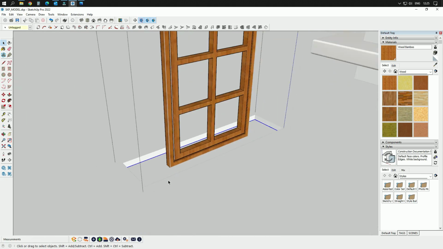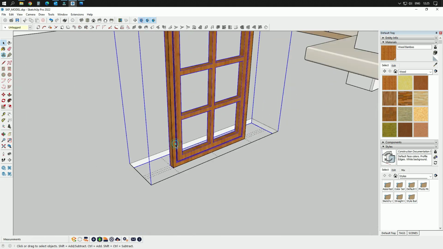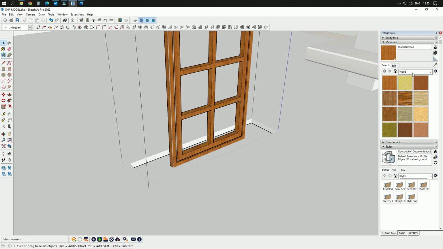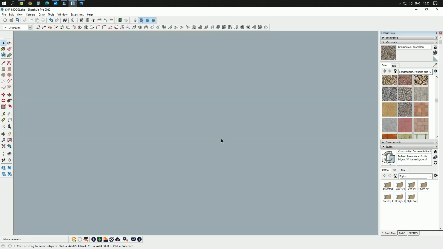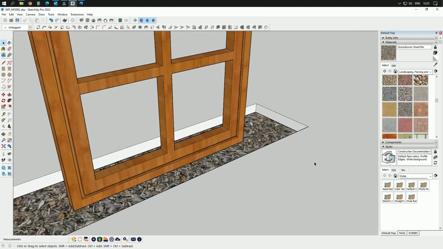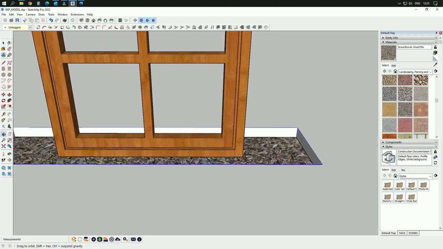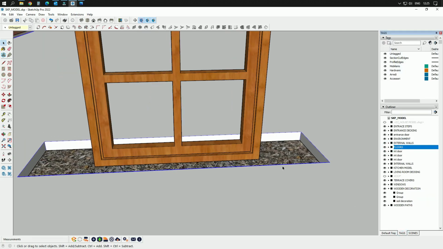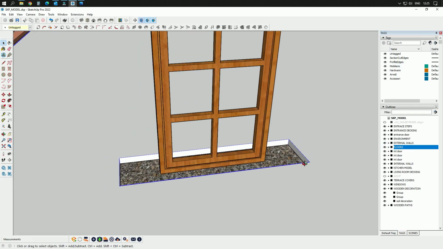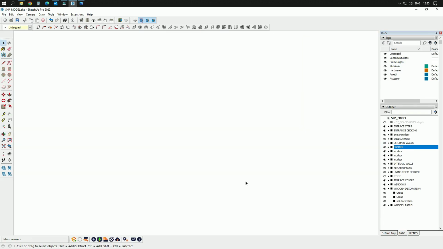Now I'm in this group, and I will assign some material in order to know that this is soil. You can go to landscape, choose some soil, and that's it. We have finished with this wooden element, and now I can continue again